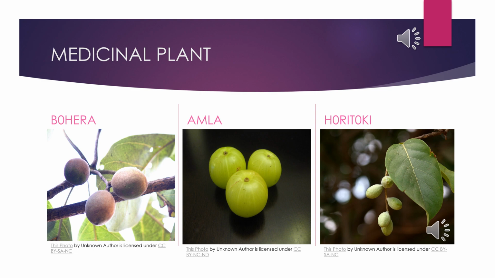The last picture is the fruit of Horitoki. The uses of the fruit of Horitoki are vast. As a herbal medicine, Horitoki is one of the fruits of Triphala. Using crushed Horitoki fruits with salt, piles can be controlled. If crushed Horitoki is smoked by inserting it in a pipe, asthma can be controlled.